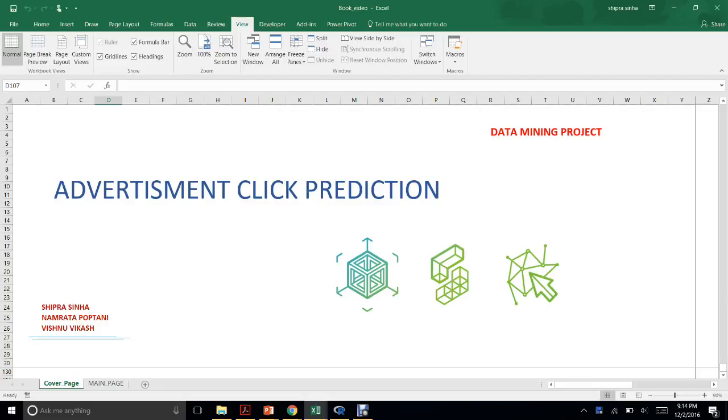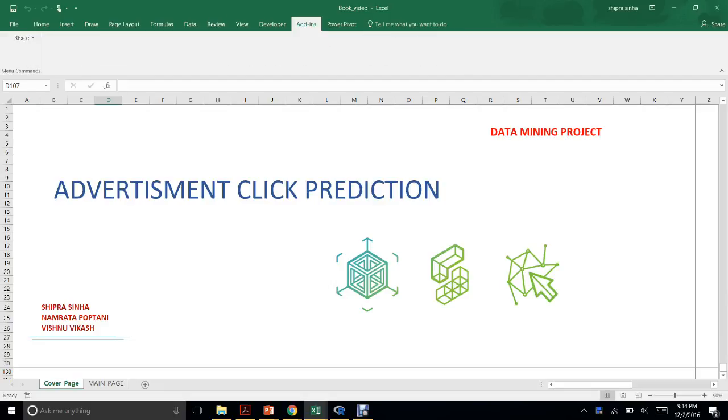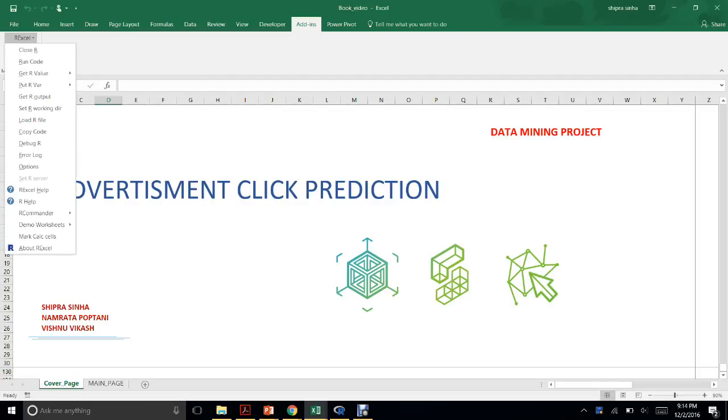To use RXL, you need to install the RXL add-in. After installing this software, go to the plugin and connect it to the server. This server, which is already connected in ours, is used to connect R to Excel and run in the background. This add-in in Microsoft Excel can be used to transfer data between R and Excel in both directions using array and data form, and put R variable can be used to get a data frame from R to Excel.